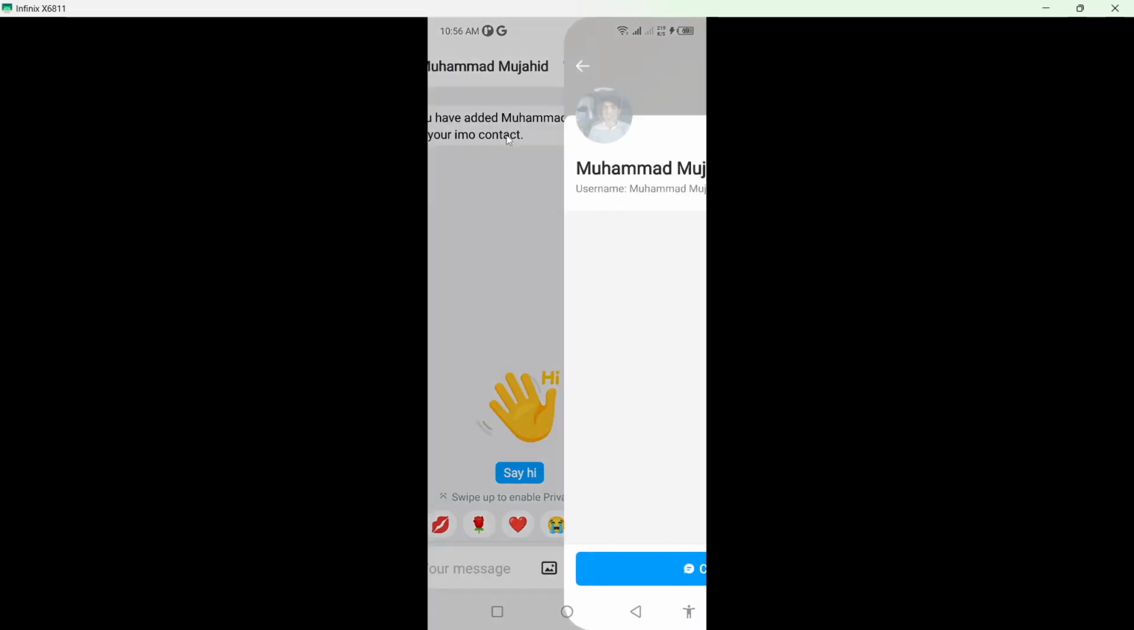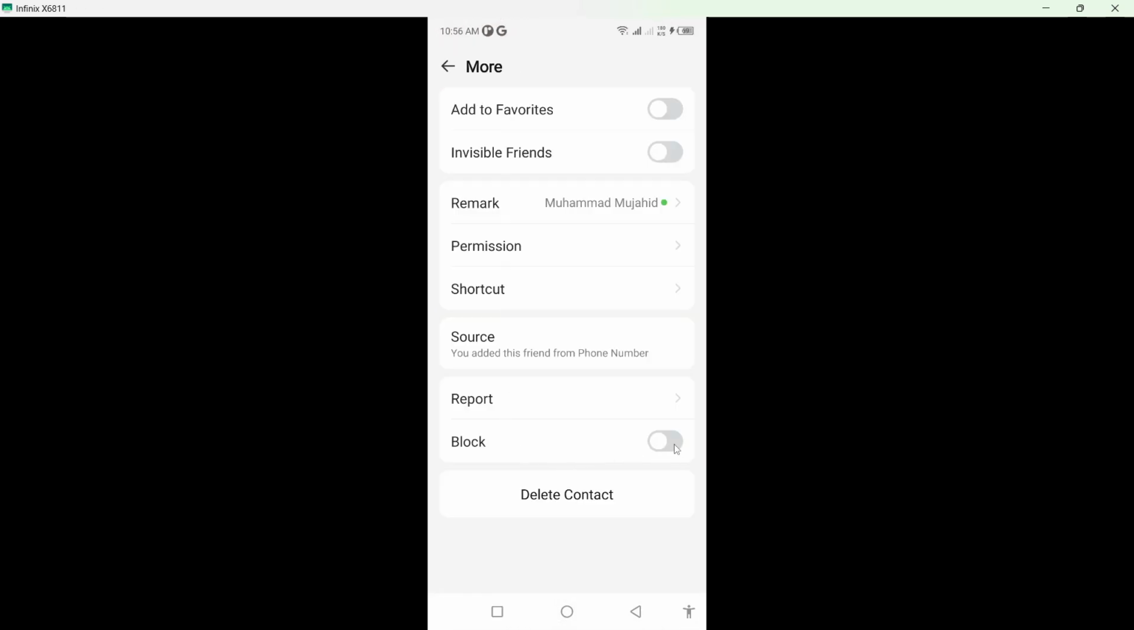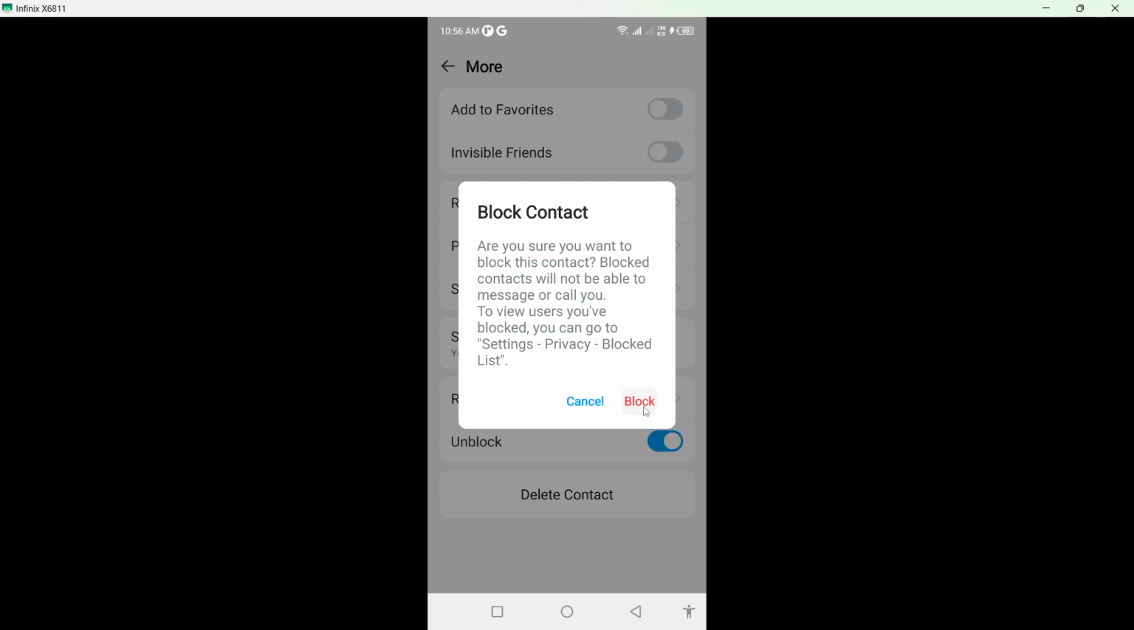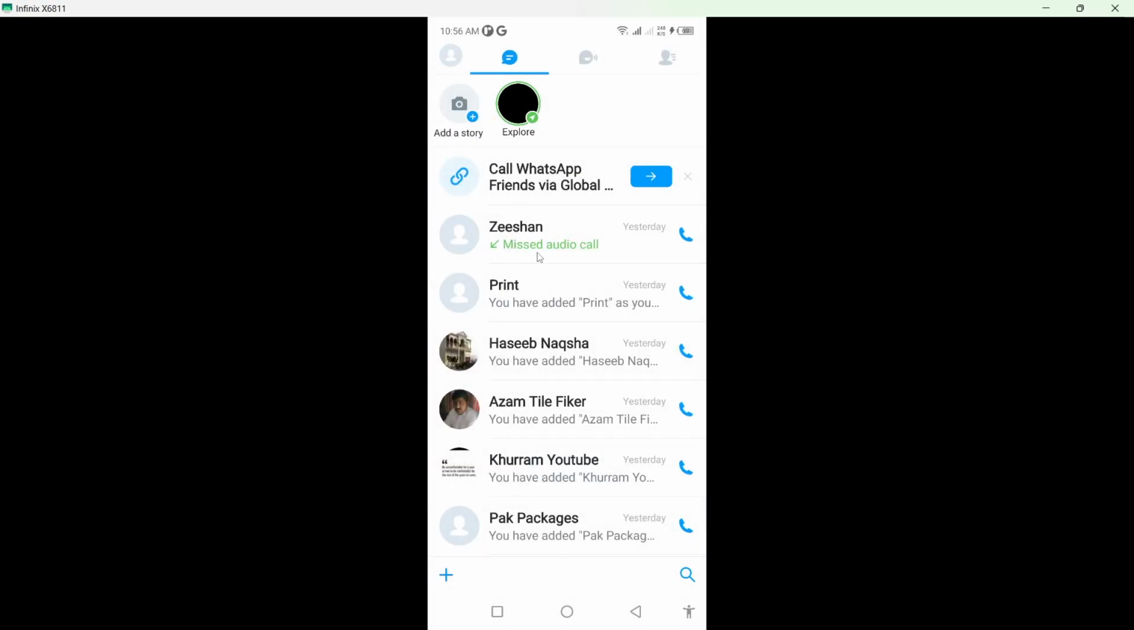Click on the name, click on three dots on the top right. From here you need to click on block in the bottom. Click on block again. So once you can see that my contact is blocked, now you simply need to click